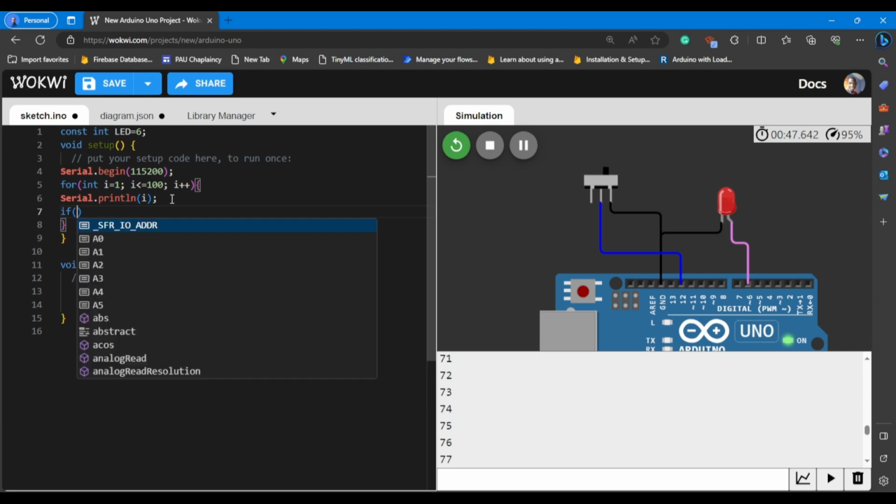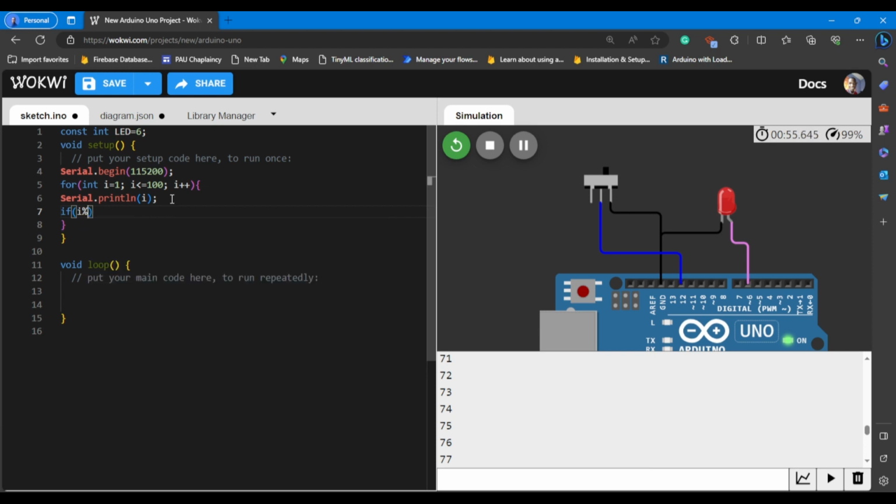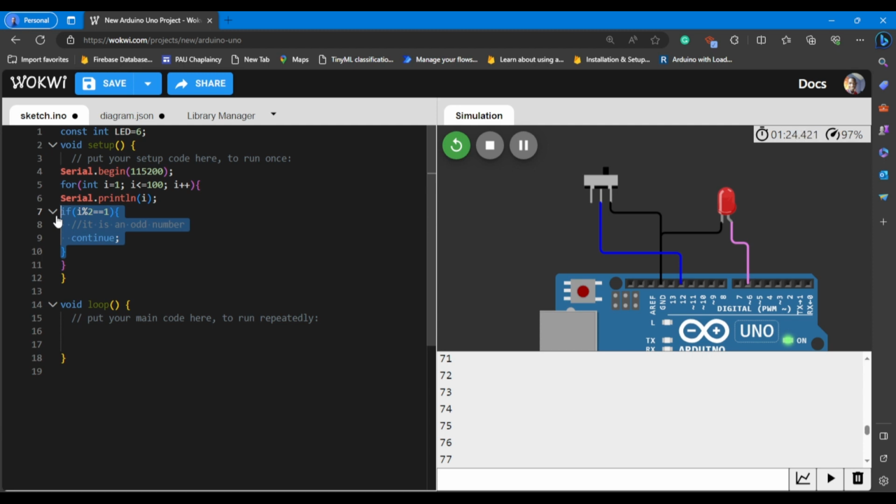So to get a remainder, use the modulo sign. The modulo sign is basically the percent sign. So you can do if i modulus 2 equals 1. If it equals 1, it is an odd number. Those are the comments. So you can now put continue. But if I were to run this now, we'll still get the same exact thing that we got here, but